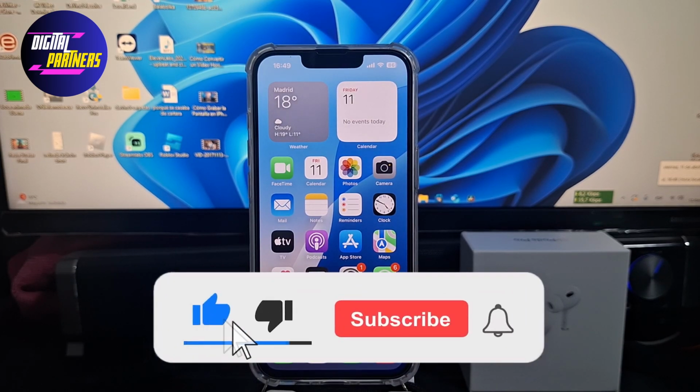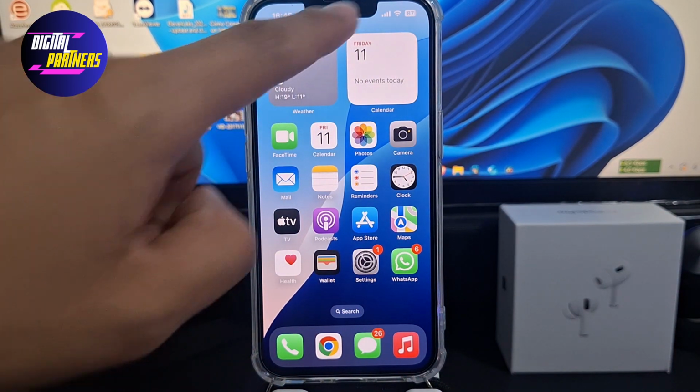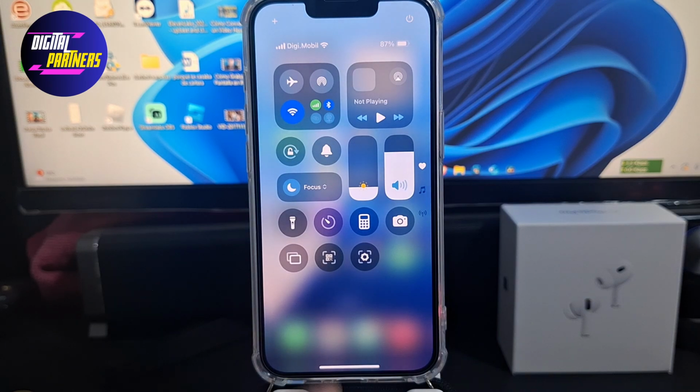In today's video, we are going to show you how to screen record on any iPhone 16 model step by step. Let's get started. Once you're on your iPhone's home screen, swipe down from the top right corner to open